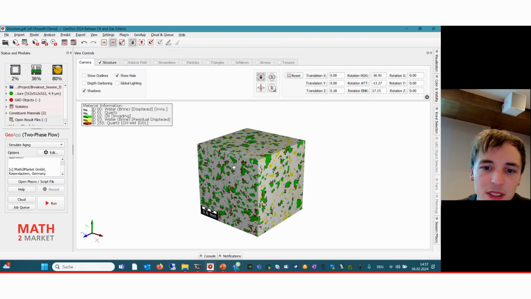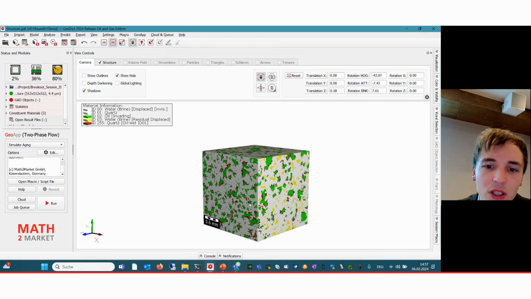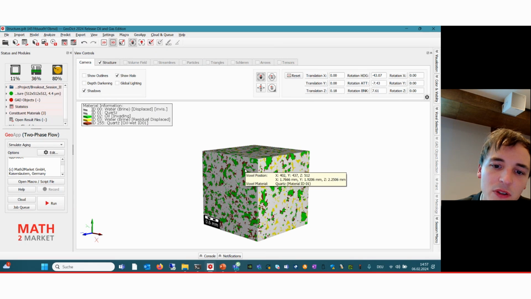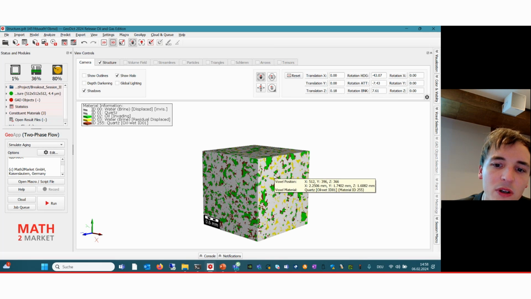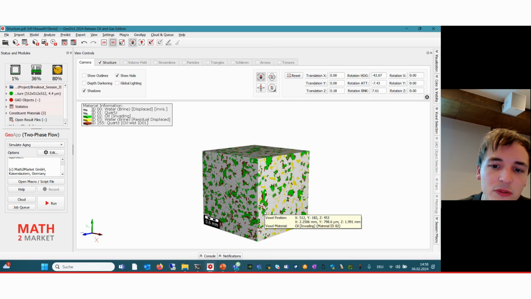That looks like this. So I have water and oil within my structure, but I have also these oil wet contact angles that are here marked in red. As you can tell from the material information table here, we have quartz as ID number 1, and we have the same quartz but oil wet in the structure as well. And that is only for now 40% of the larger pores within the structure. We also know from experimental validation that only larger pores change their wettability after the drainage or during the aging event.